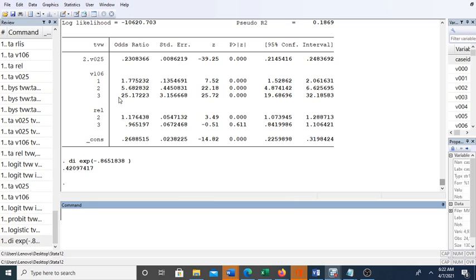Now, for those people with tertiary education, they are 25.1 times more likely to watch TV compared to those who do not go to school, significant at 1%. That's actually the way we say it. So again, on this one, I want you to check the annotation for logit, the annotation for